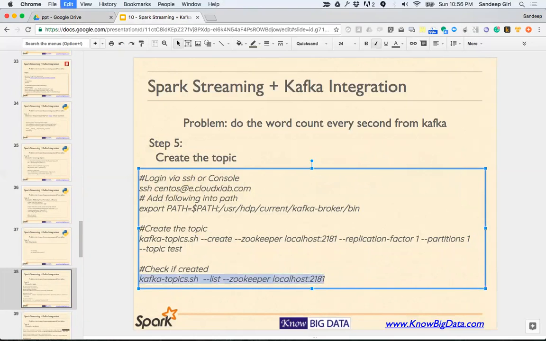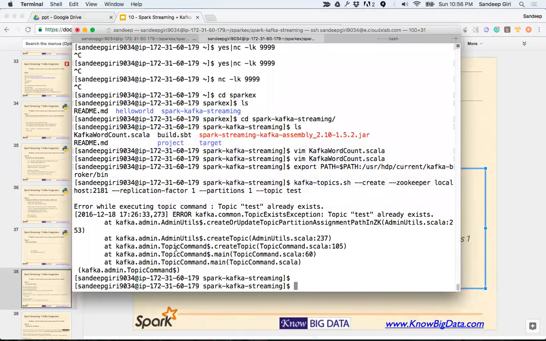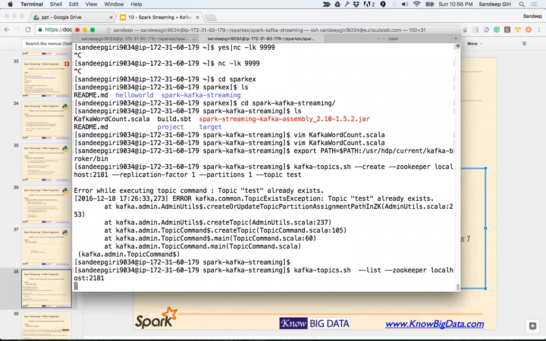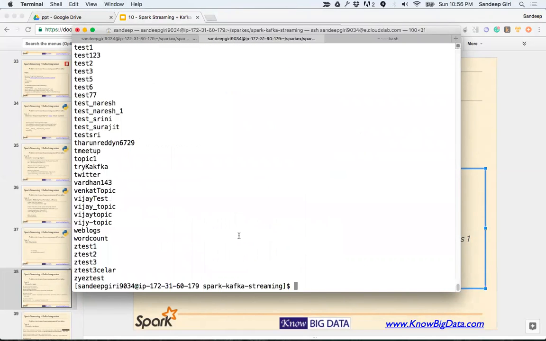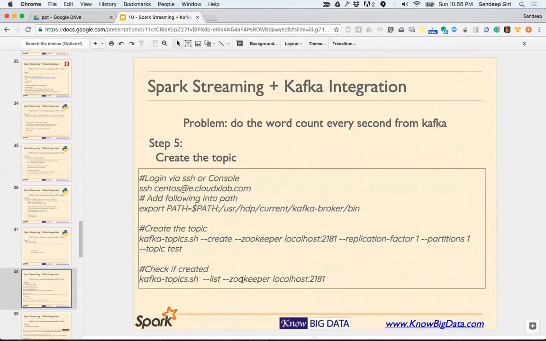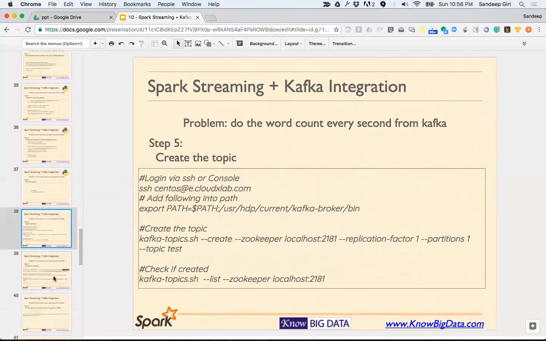And let's take a look at, okay, the topic already exists, so we don't have to worry about creating it again. You can create your own topic. Instead of test, you can have something else, but